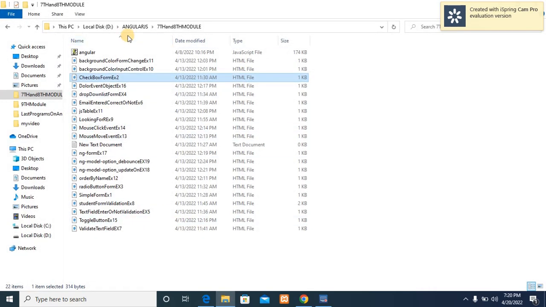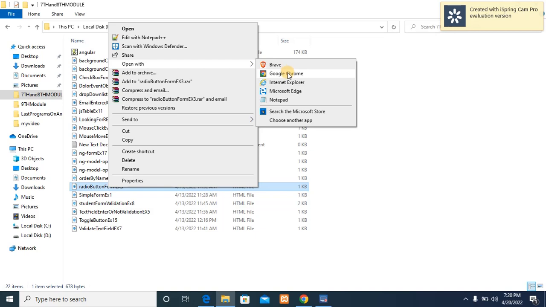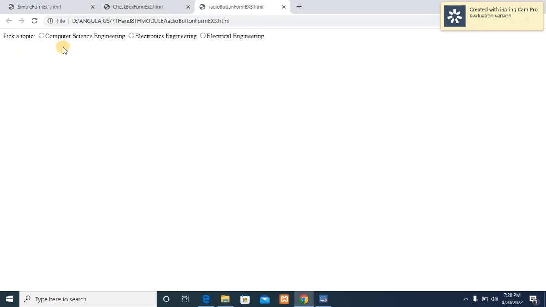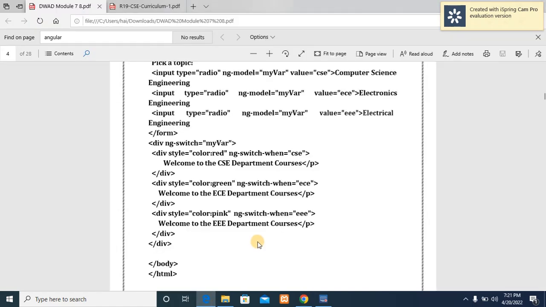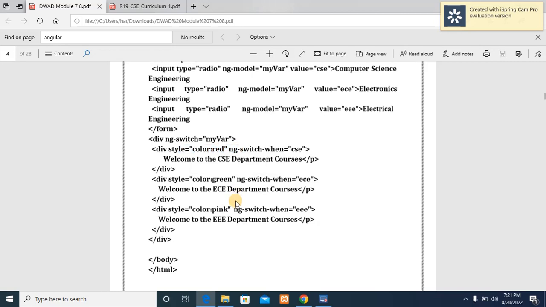Third example, radio button form. Open Google Chrome. See, pick the topic here. If you are selecting CSC, it will display welcome to CSC department courses. So if you are selecting this one, welcome to ECE department courses. If you are selecting this one, welcome to EE department courses. Okay. So in this way we can write radio buttons. Okay, right. Next,